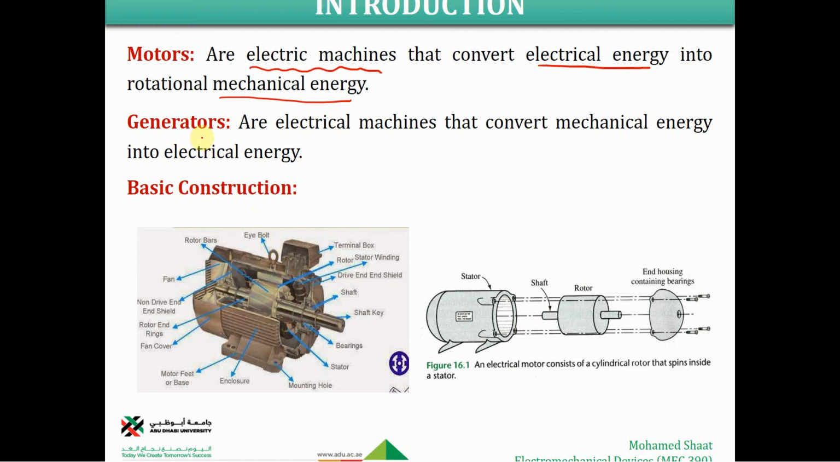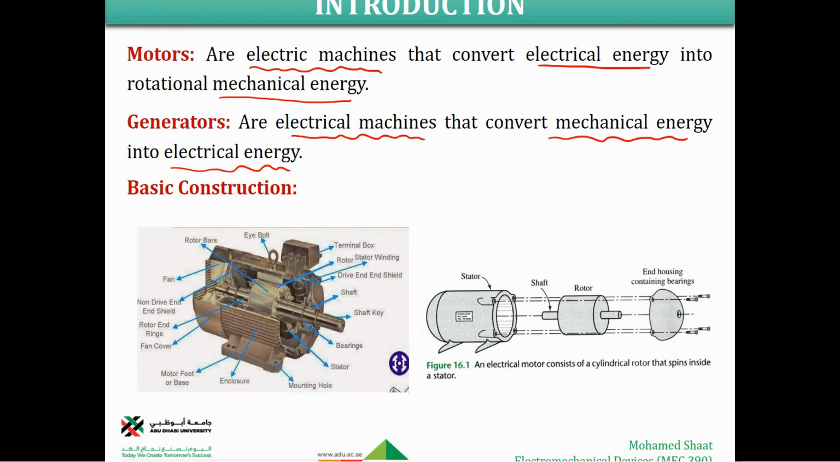A generator works with the same concept, but it is a little bit different. It is still an electrical machine, very similar to the DC motor, but it converts mechanical energy into electrical energy. We give mechanical energy to receive electrical energy. This is the basic idea of the generator, and I'm pretty sure that some of you already have an idea about it